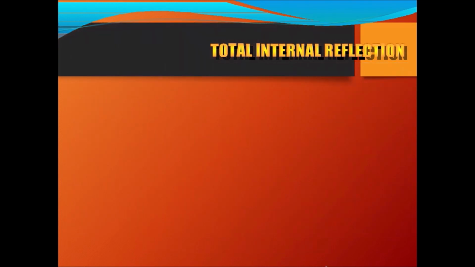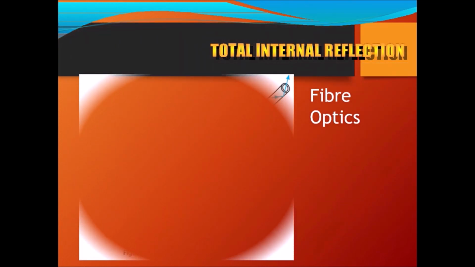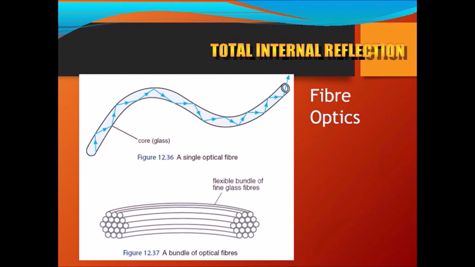Moving on, one more device we'll see is fiber optics. Fiber optics are small threads of wire made up of either glass or plastic. That's what we call fiber optics. It's a special material through which information is passed, and since we use the same technique here, we pass the information in the form of light.